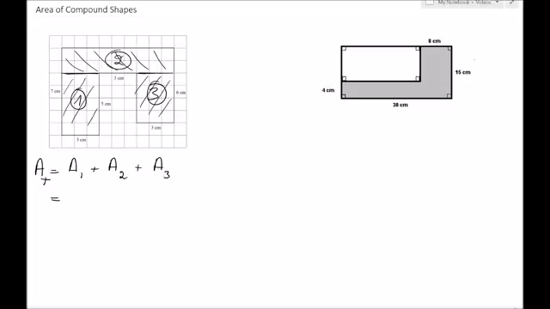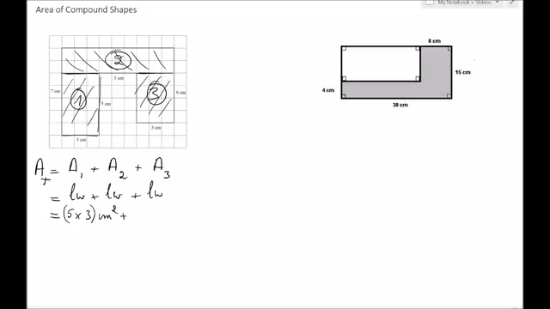And I know the area for a rectangle, that's easy, that's just length times width. So in each case, I'm going to use a formula, length times width. First rectangle, the length is going to be, this is 5 and this is 3, so 5 times 3 centimeters